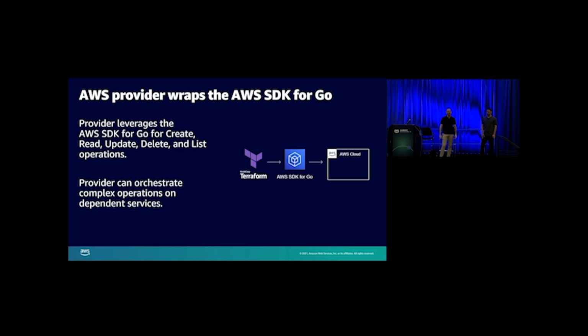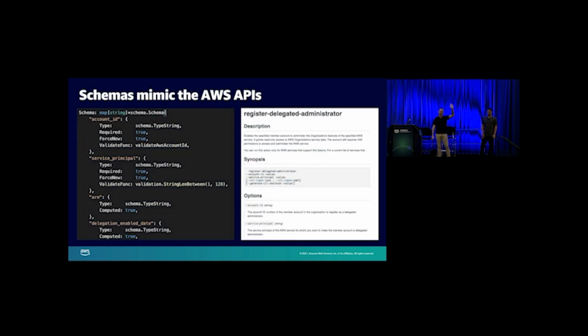So real quick, when you look in the Go code on the left-hand side, you see a schema, and the right-hand side is an API. An important concept is these are analogous. They're almost one-to-one mappings. All the newer resources are one-to-one. Some of the older ones, like S3, are not. S3 is getting refactored in Terraform Provider v4 that's coming out in the near future.